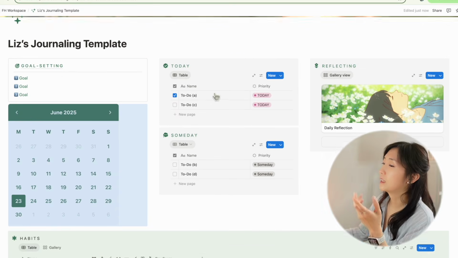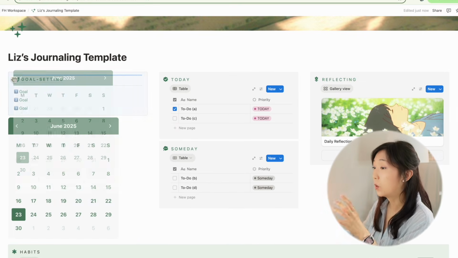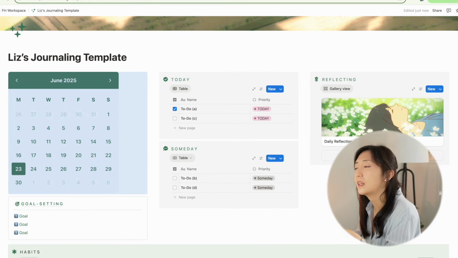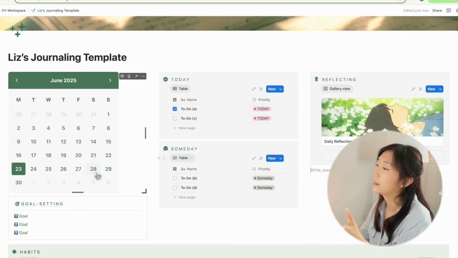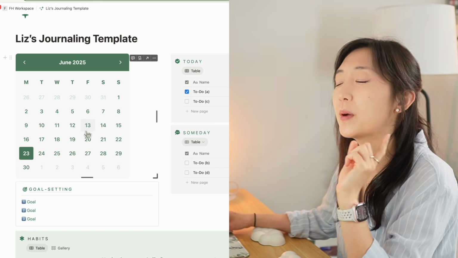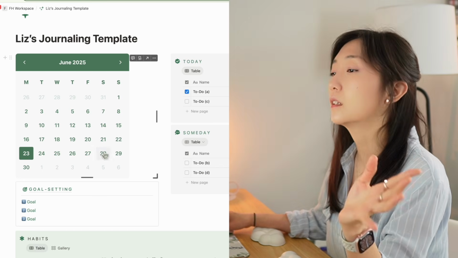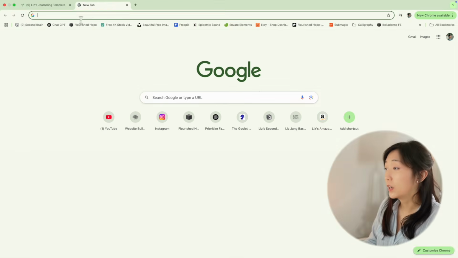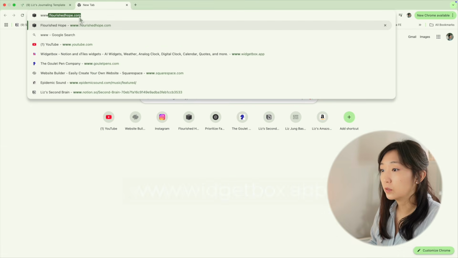Personally, I like keeping the calendar visible right on the homepage so I can quickly check dates and deadlines at a glance. In case you're wondering how I added it in the first place, let me show you by bringing in a new digital clock just below the calendar. So first, head over to